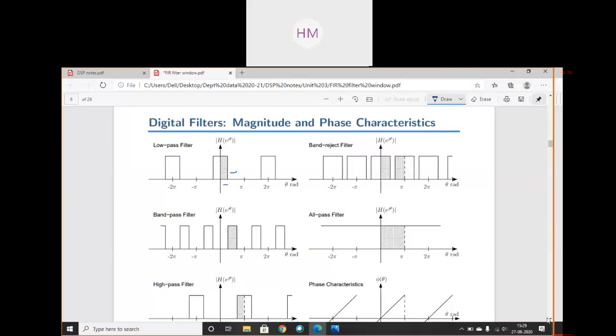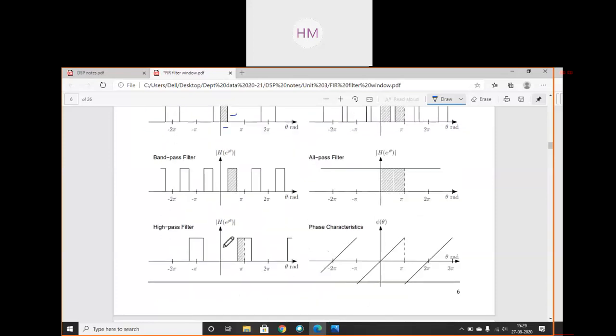High pass filter, the lower range of frequencies are attenuated. That means it is a frequency selective device. The cutoff frequency will be given to you. 2 kilohertz is the cutoff frequency. So after 2 kilohertz, the signals will be passed through the device. At that particular range of frequencies, the signals will be passed. You will get your output.